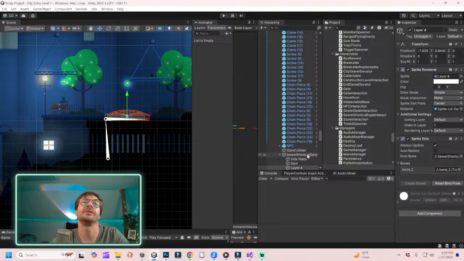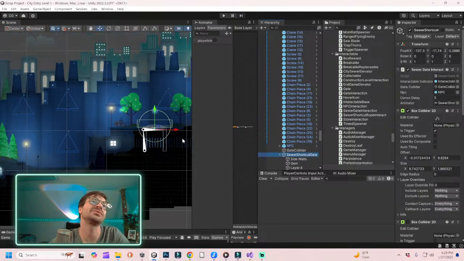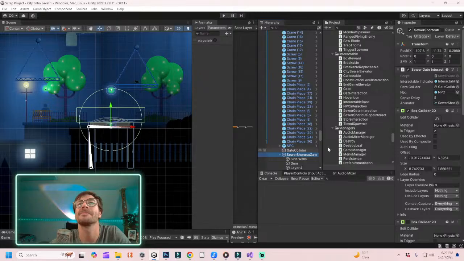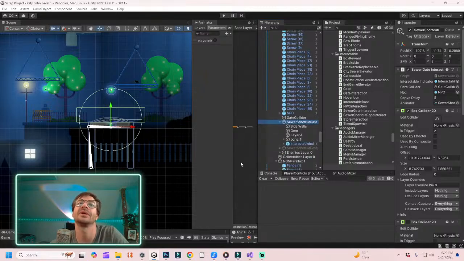So we got our sewer shortcut gate. All right, and then we got